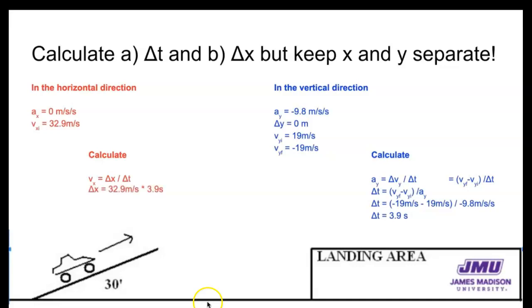I can take the 3.9 seconds that I found on the vertical part of my calculations and plug it into the horizontal and say it spends 3.9 seconds going up and then back down to the landing area. While it's doing that, it's also going sideways 32.9 meters each of those 3.9 seconds for a total of 128